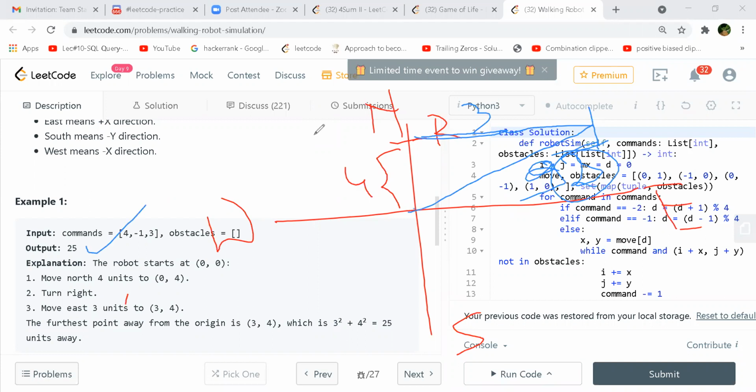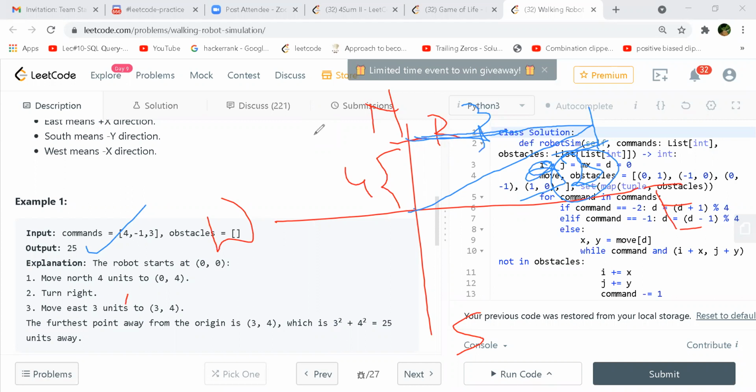Now the more important thing is when you get -1 and -2. How do you change the direction? Because we have x and y coordinates now, we'll have to see. If we have a -1 the first time, then it is fine.